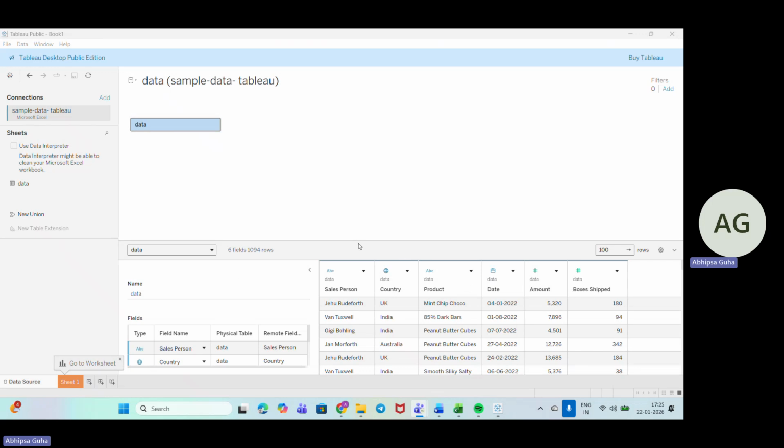If you come down here, you'll get to know about this data. This is the table, or the relational table. If you have imported more than one file, you'll get details like this, with more tables, and then you can create the relationships and so on.